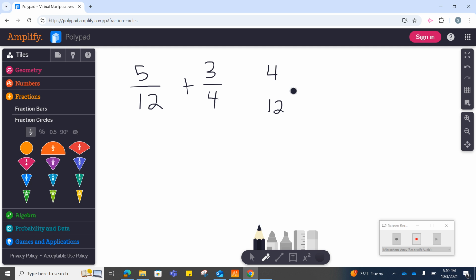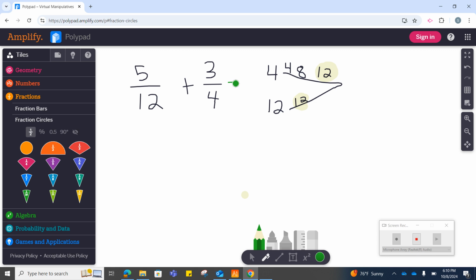find the least common multiple, 4 times 1 is 4. 4 times 2 is 8. And 4 times 3 is 12. 12 times 1 is 12. So our common multiple for both of these is 12. And as I said, I'm being strategic because one of these already has a denominator of 12. Okay? So that means I do not have to convert 5/12, but I am going to have to convert 3/4